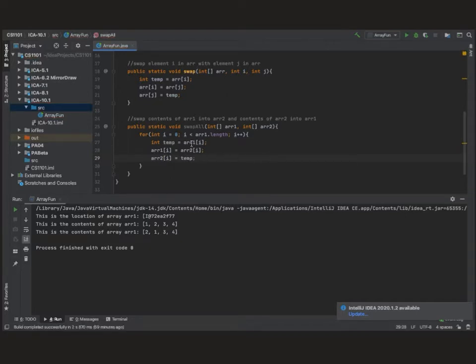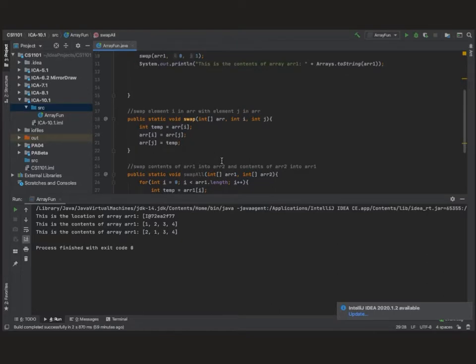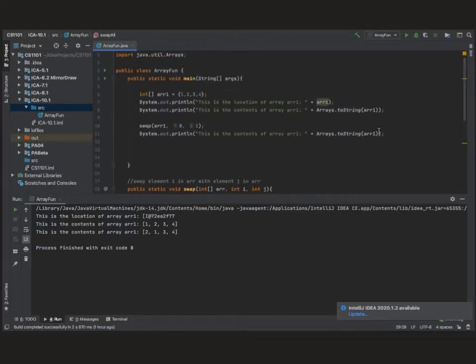So notice what we're doing. We store the element I from AR1 into temp, store element I from AR2 into AR1 element I, and then finally move the value we temporarily stored in temp into AR2. So this should go through and process each element of this array and perform the swap that we want to see. And we can check to see by